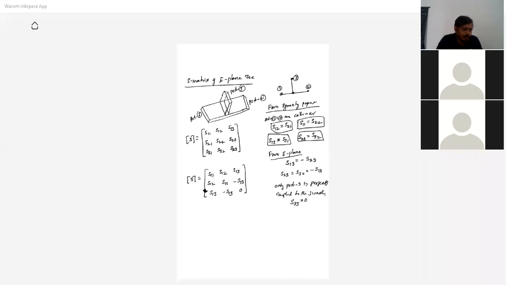Right? So now you solve this matrix. So from unitary property, please do it. D7, are you there? Yes, sir. Now tell me, from the same procedure that you did in your H plane T, the same thing you are following in the E plane T also. So now you tell me from unitary property, you take last row and last column. Tell me what is the S13. Please do it. Okay, sir.